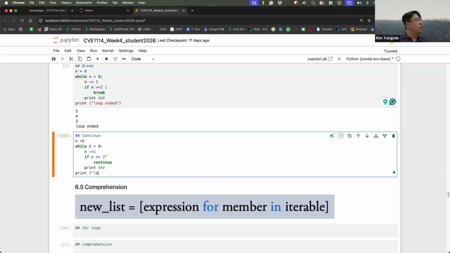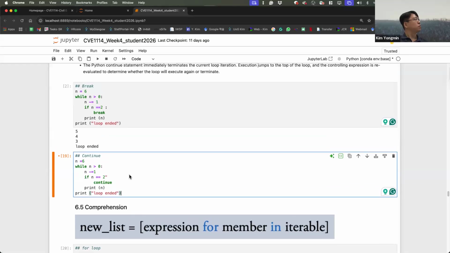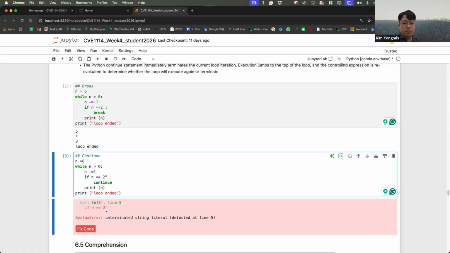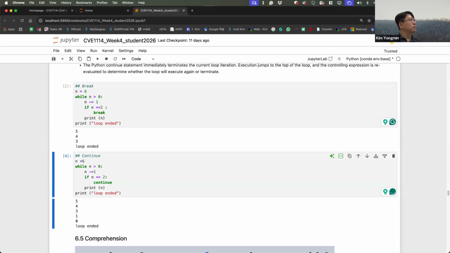Print loop and so on. Start with 6, and then one number will be discounted. So 6, 5, 4, 3, 2, 1, 0.